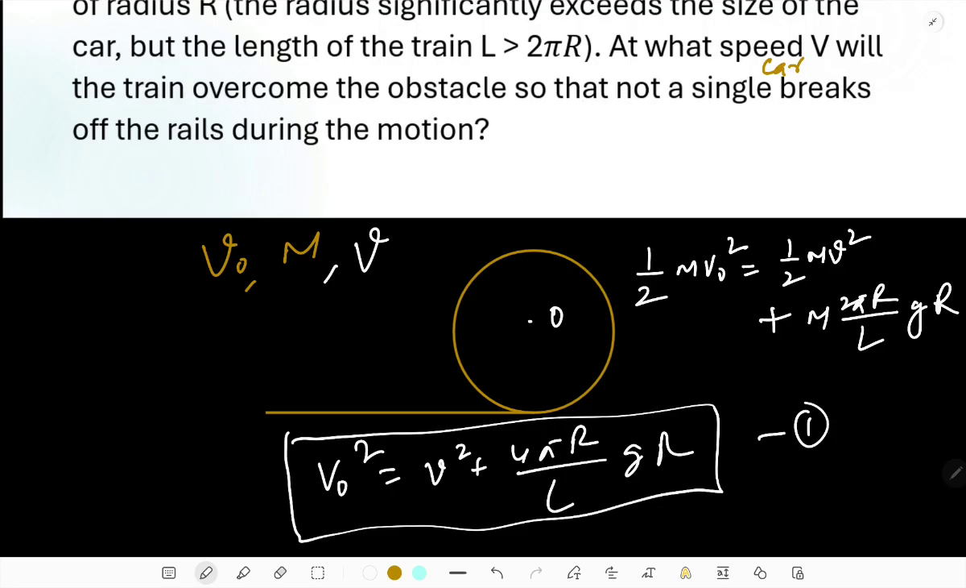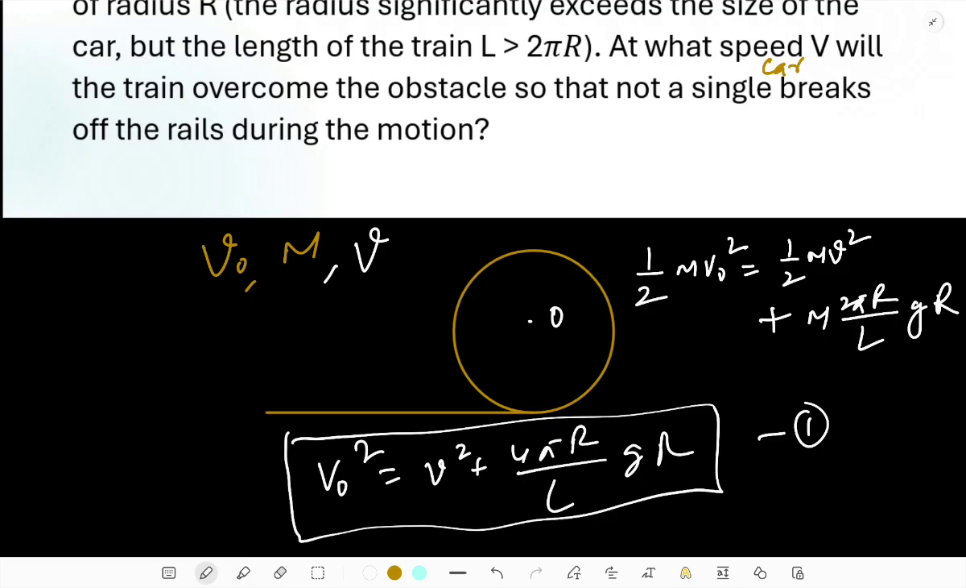But I have another problem. Any one of the cars of this train should not derail. So cars, where can a car derail? It should be at the highest point of the dead loop, because